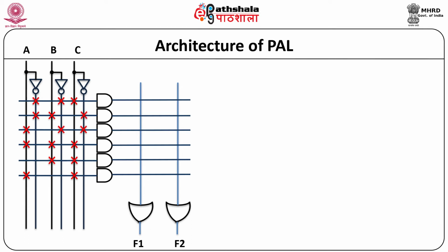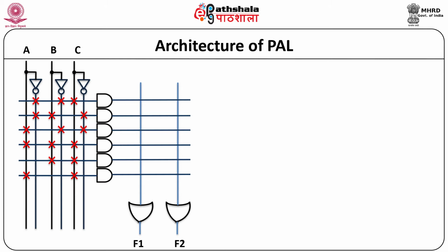Let us note an important thing about PAL: the number of AND gates is less compared to ROM and PLA. Programming an array requires first listing all the product terms for the implementation. The product terms are generated at the output of each AND gate. The presence of a cross link indicates a connection; the absence of a cross link indicates no connection.